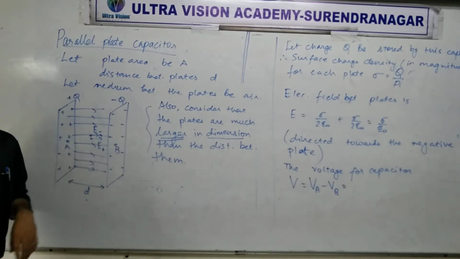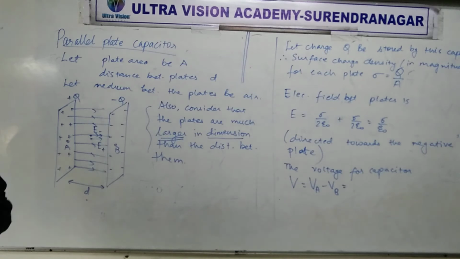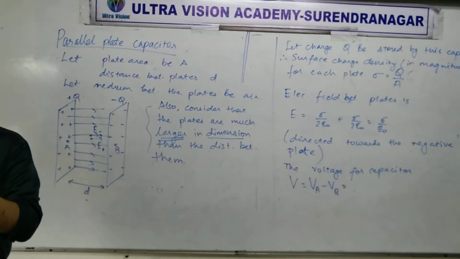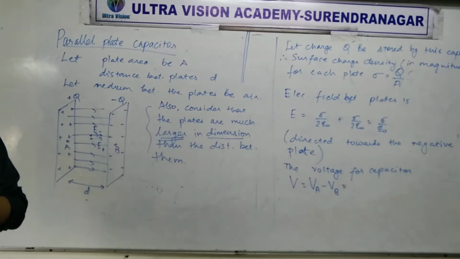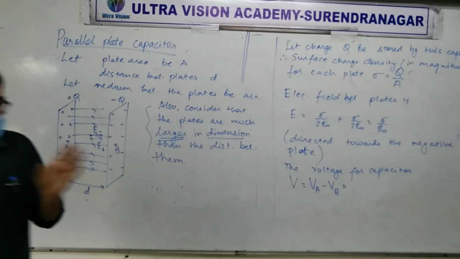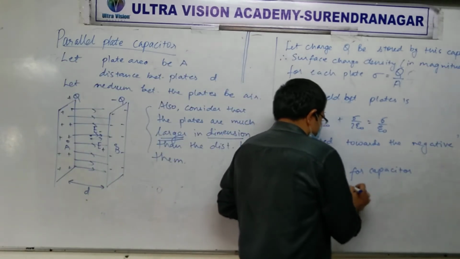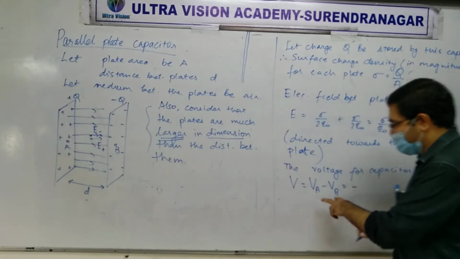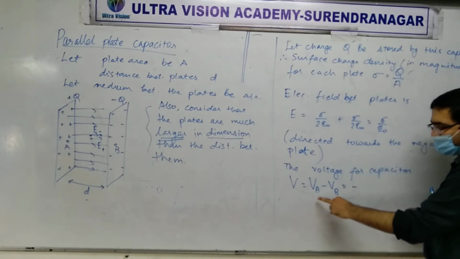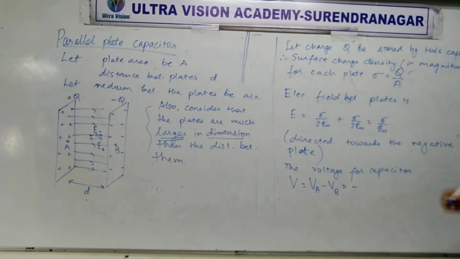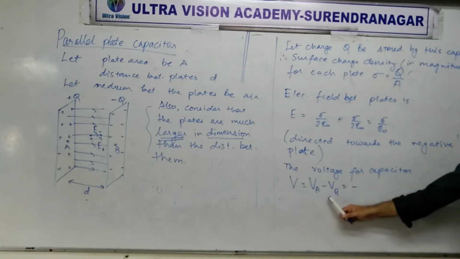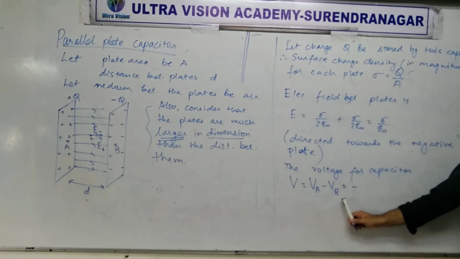To find VA minus VB for a uniform field, what's the simple relation I have taught you without integration? Minus E vector dot delta R vector, or minus E delta R cos theta. Let's use that. Minus E, the electric field. We are going from which point to which point? Not A to B, but B to A. Final minus initial. Yes or no?